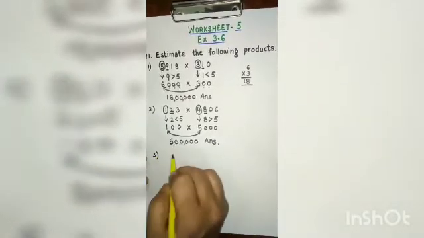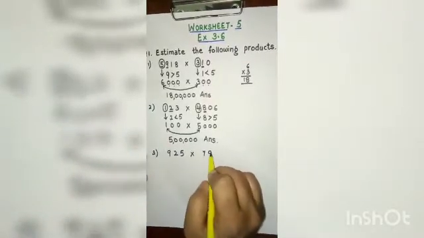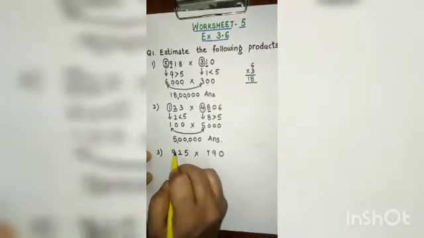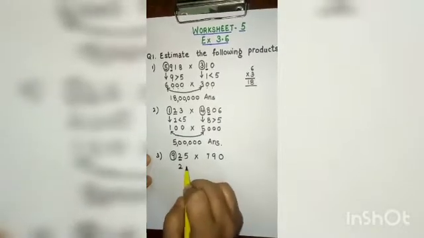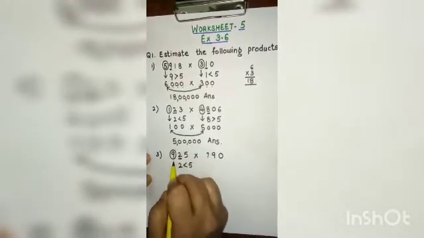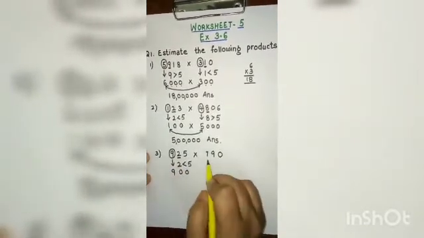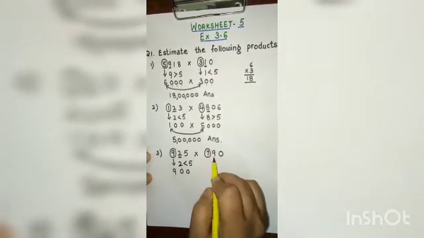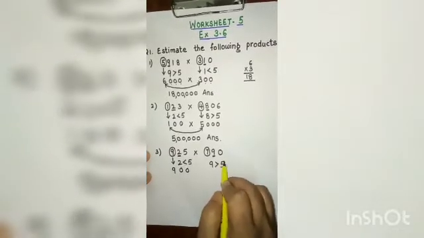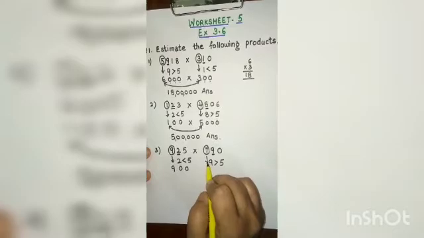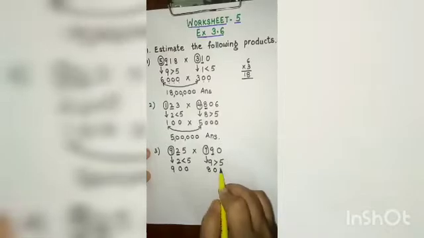Another example of this is 925 when multiplied by 790. Here the first digit is 9, the second digit is 2, and 2 is again smaller than 5. So the same digit will be copied down and the number of zeros will be added. In the next number, 7, the next digit to it is 9, and 9 is bigger than 5. So when you write down the number, it becomes 8. You add 1 to this and it becomes 800.